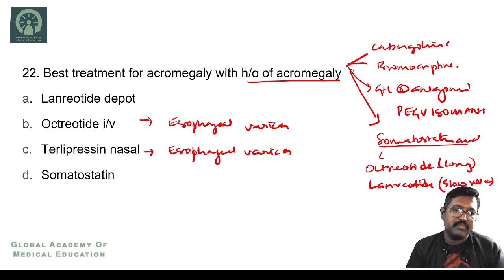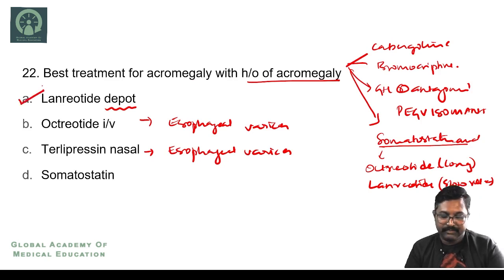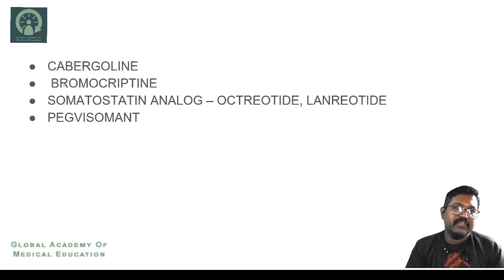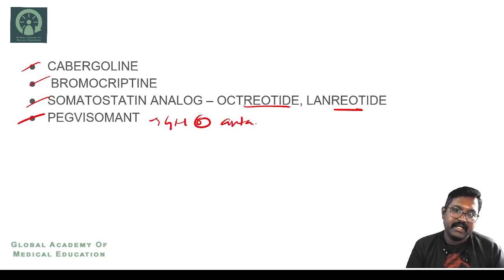So here the best option could be the lanreotide depot, because it releases the drug slowly and for a continuous period of time, for a longer duration compared to other group of drugs. So the appropriate and best possible correct answer for this question would be the lanreotide. So we have cabergoline, bromocriptine, somatostatin analogs like octreotide, lanreotide, and pegvisomant, which is a growth hormone receptor antagonist. These are all used in the treatment of